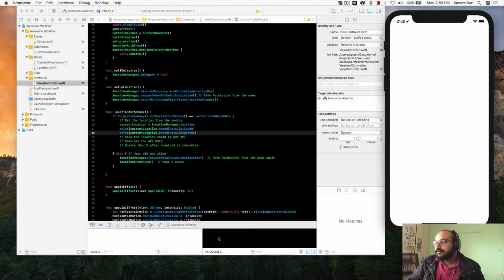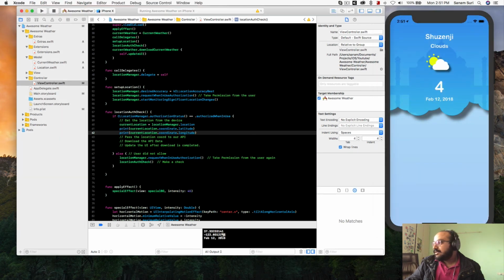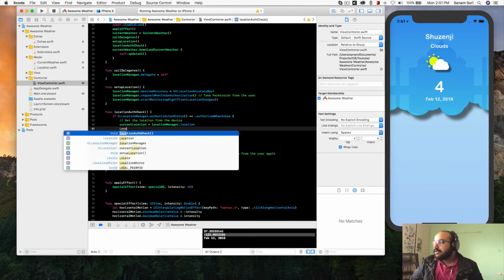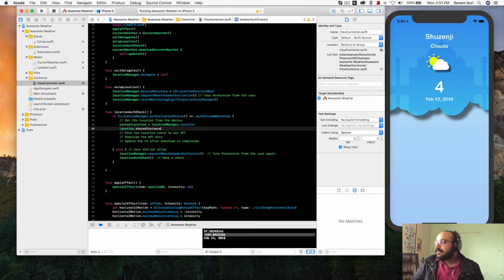So you can see right over here we have the latitude and the longitude, right? So we need to store these values. So we're going to store it in our location class. The object that we created was shared instance, so we're going to store it in that and then pass that value to our API. I'm going to delete this, and let's do location dot shared instance dot